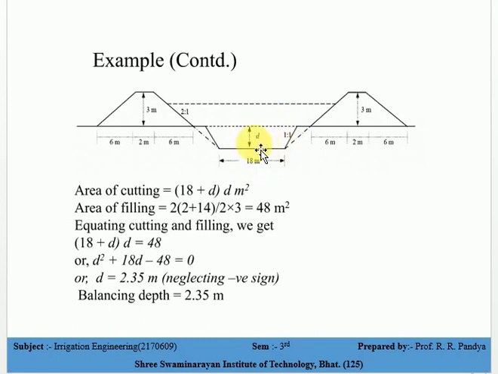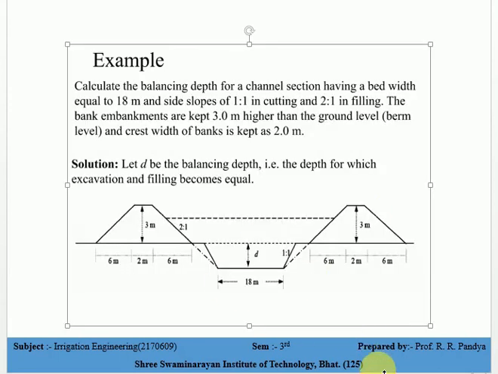We have to find out the area of the economical section we have to design. So there is one equation. Please note down this equation. To find material volume, which is equal to section, area should be BD plus ND square. B means width, D means depth. This total material volume is equal to both material volumes. Cutting is equal to filling.